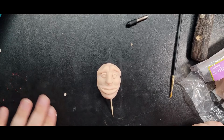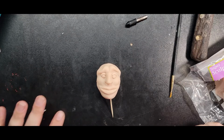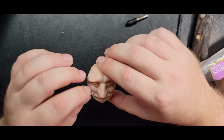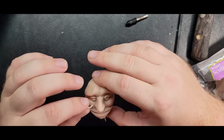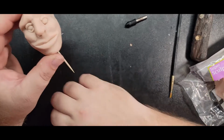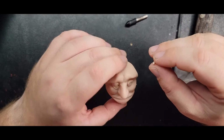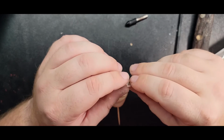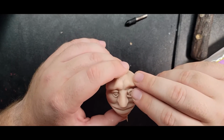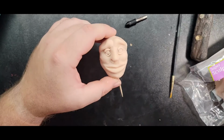I always make the bottom eyelids smaller than the tops, because otherwise he kind of gets a sleepy look. And then you can use